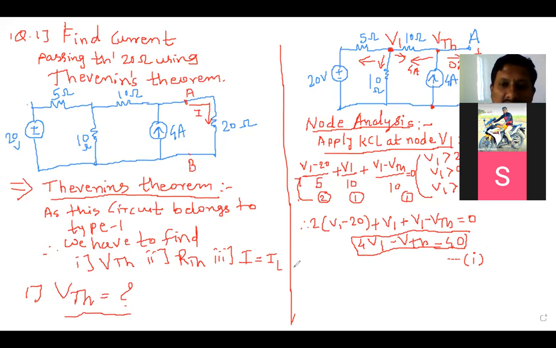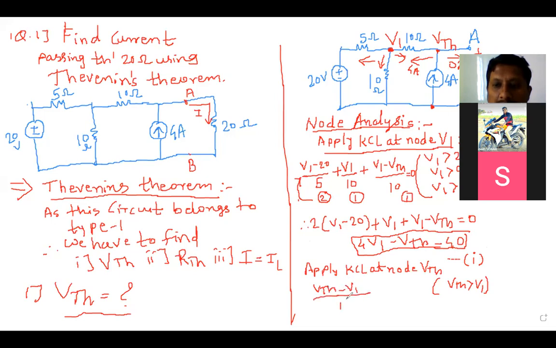So apply KCL at node VTH. The assumption is VTH is greater than V1. Now (VTH minus V1) divided by 10, and 4 ampere is incoming, that's why -4 is equal to 0. The third current is 0. This current is already 0. So only this outgoing current we have to take, (VTH minus V1) divided by 10, and this is incoming 4 ampere. Okay, so you will get now